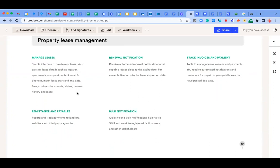So lastly, we have the property lease management. Lease covers rents, short leases, long leases. So with this solution, you can also manage leases. You can manage rents, even short-let apartments, and all of that. So you have a simple interface to create a new lease, view existing lease